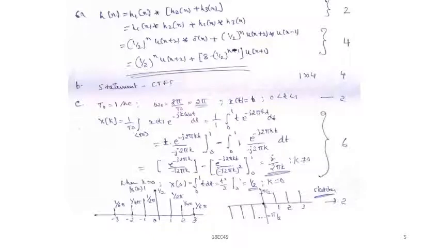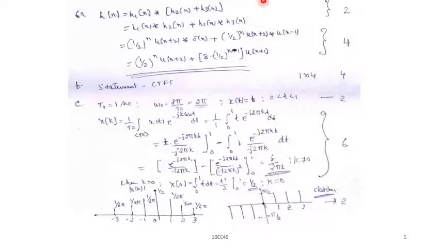Second question 6a. So write down the overall impulse response first. H of n is equal to h1 of n multiplied with h2 of n plus h3 of n. So the two systems are connected in parallel and which is cascaded with h1 of n. This can be written as h1 of n. You can use the distributive property here, h1 of n into h2 of n plus h1 of n into h3 of n. Just write down h1 of n and h2 of n. Then simplify this, you will get this answer.